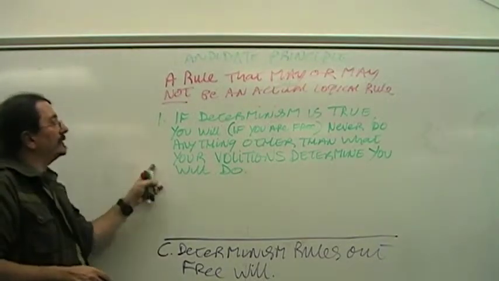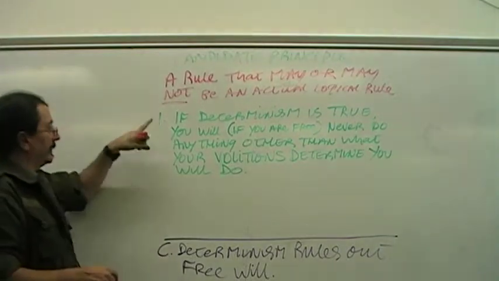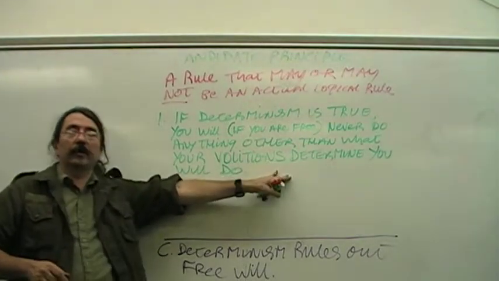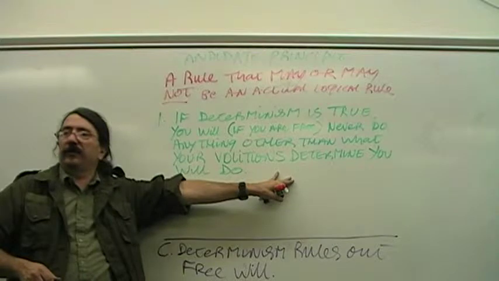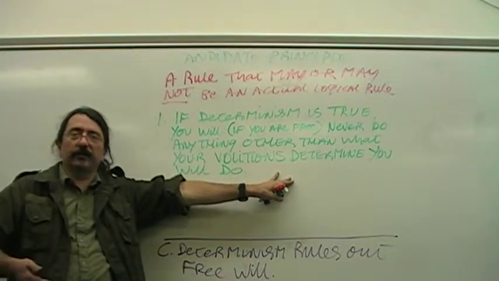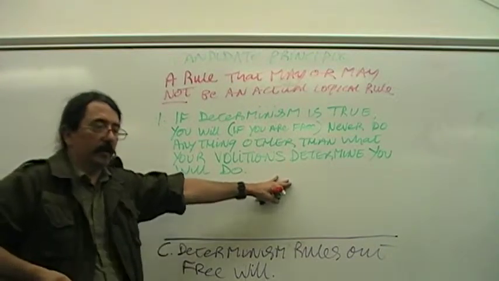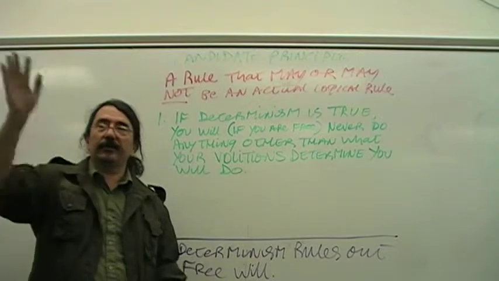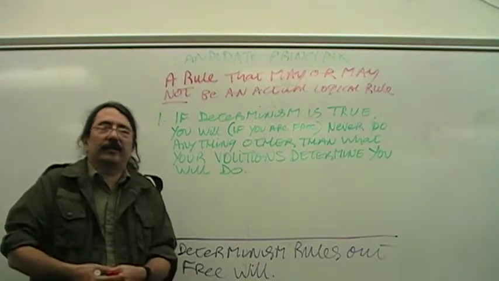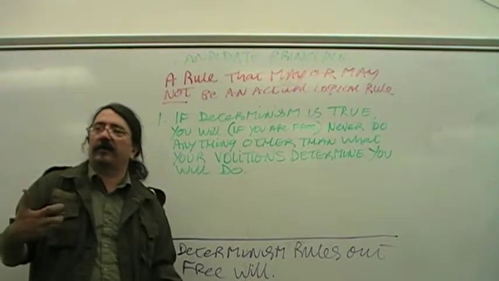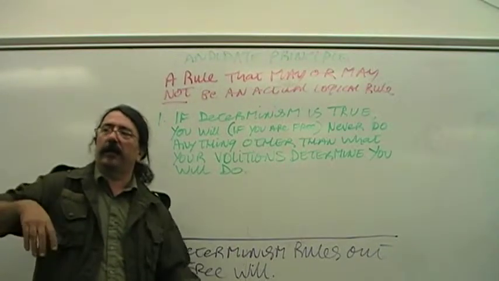Now, what is the candidate principle here? What is assumed in this argument to make this, which is true, I will never do anything other than what my volitions make me do. If I have the volition to wave my hand in the air, right, I'll do it. My volition determines what I do, unless I've got Bell's palsy. So I guess when my body starts breaking down and I can no longer act on my volitions, when I'm a real old man and I'm trying to move my hand and I can't.